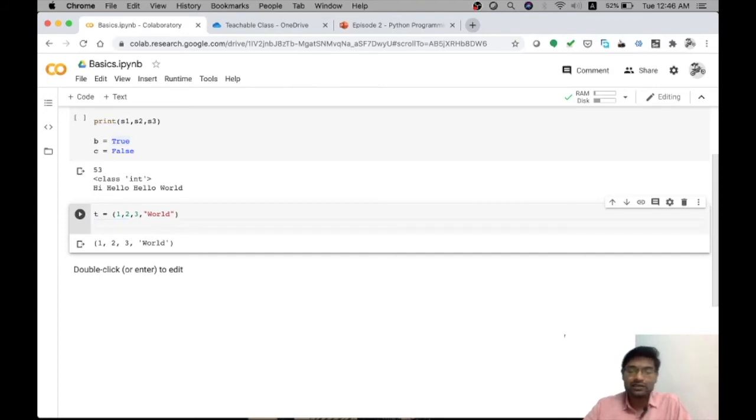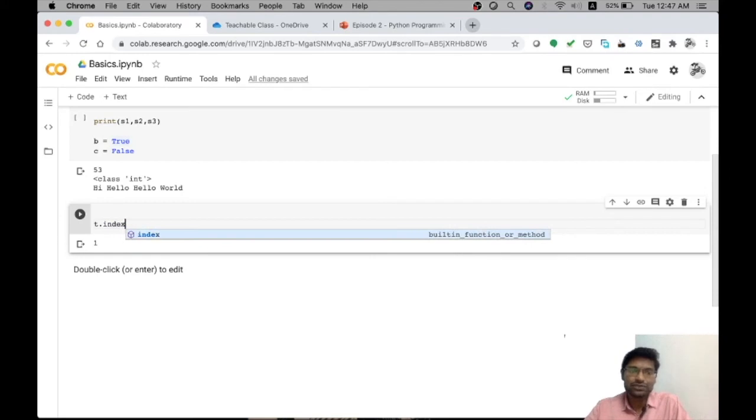To understand the functions available with a tuple, we can type t dot, and it will list all the available functions. There are only two functions, count and index. Count is the same as the count in list. If you want to count the number of 2's in this particular tuple, I can execute just t dot count of 2. It is present only one time, the number of occurrences is 1, so it has returned the value 1. I do not have any repeated values in my tuple.